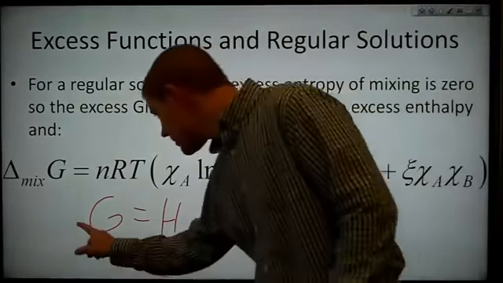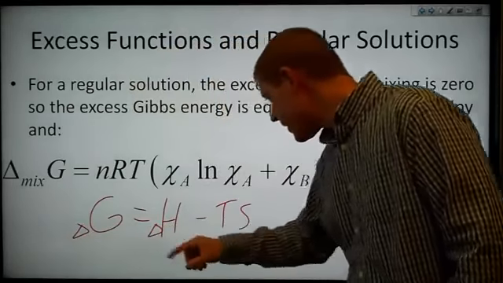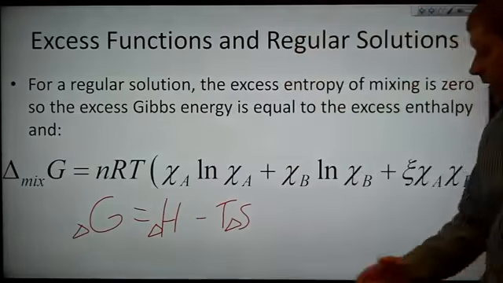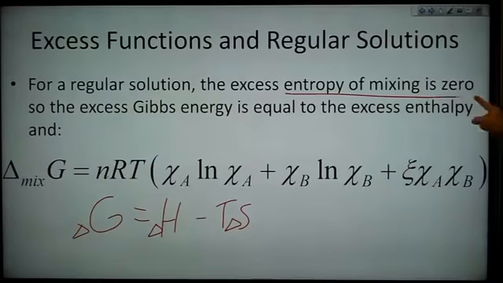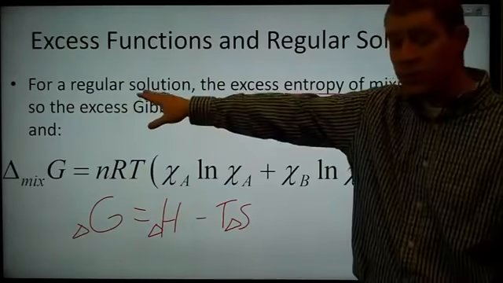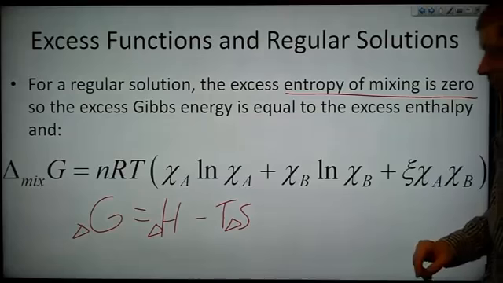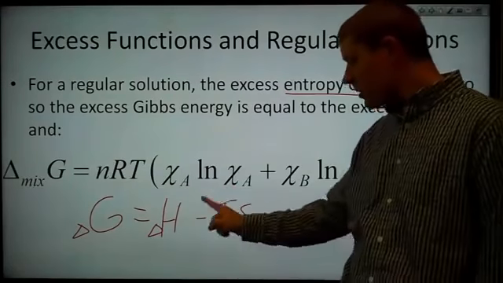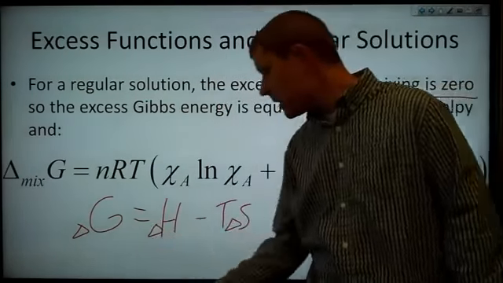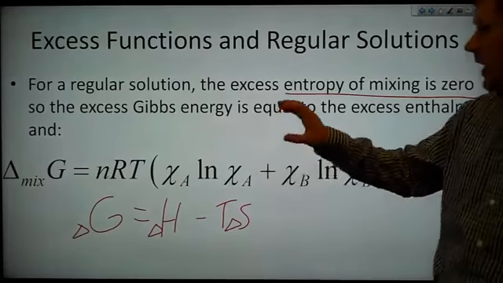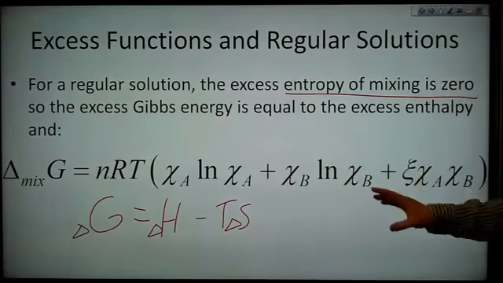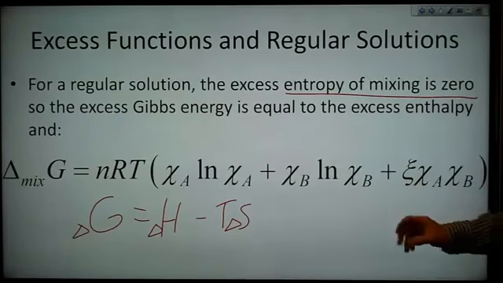So if we put deltas in here, delta G is equal to delta H minus T delta S. If delta S is 0 and the entropy of mixing is 0 for a regular solution, because that's how we defined a regular solution, so delta S is 0, so this quantity goes away, and now delta G is equal to delta H. Okay, so the excess Gibbs energy is equal to the excess enthalpy,